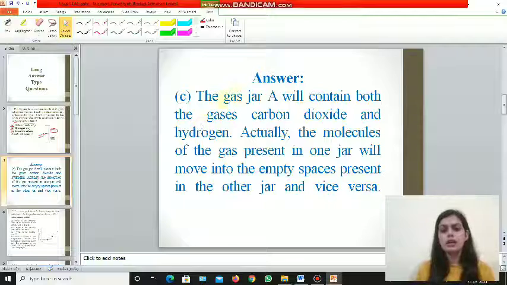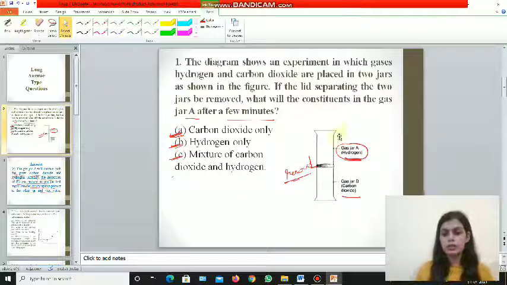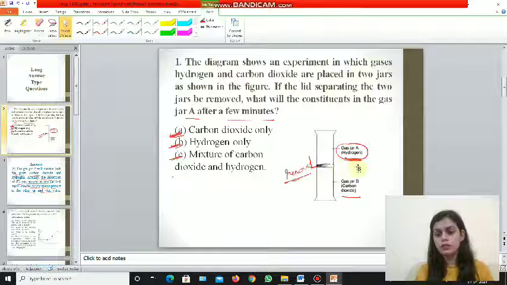So the answer is, the gas jar A will contain both the gases, carbon dioxide and hydrogen. Actually, the molecules of gas present in one jar will move into the empty spaces present in the other jar and vice versa. The particles of both the gases are far apart, and